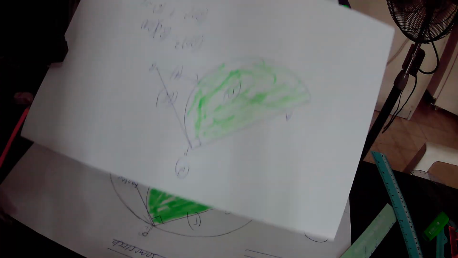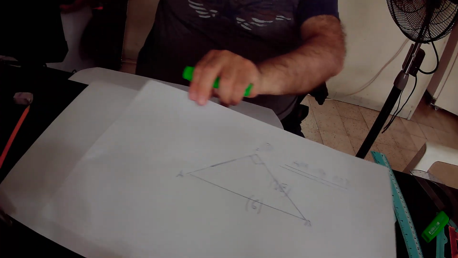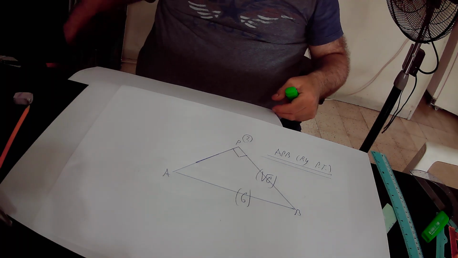So actually, this is the right triangle APB according to the original drawing,